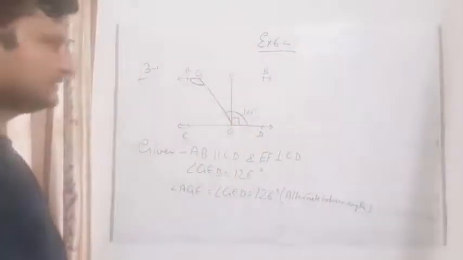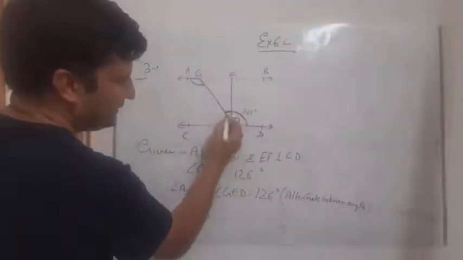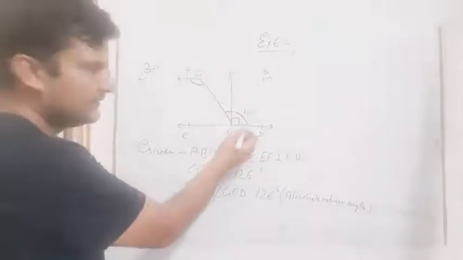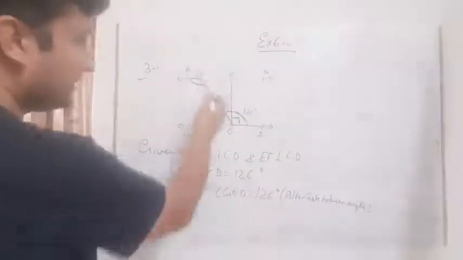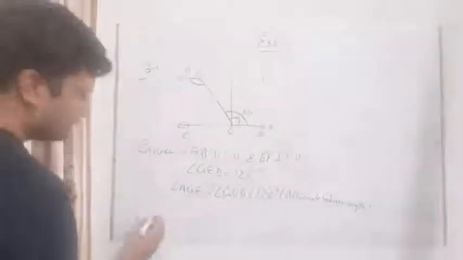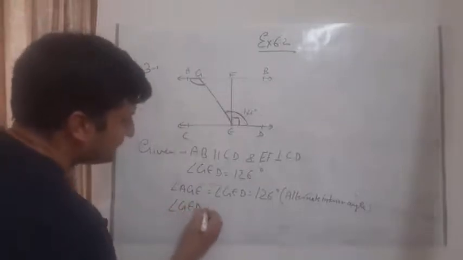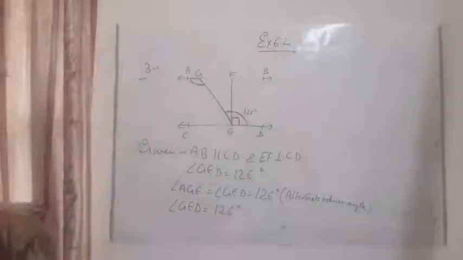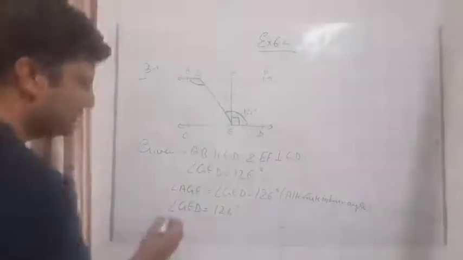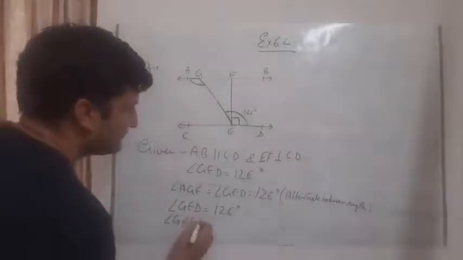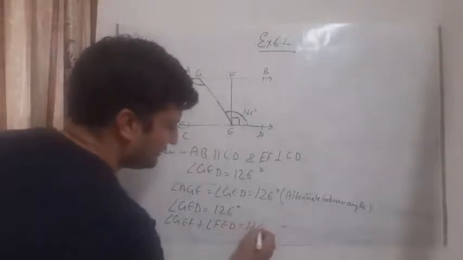This is very easy, because here, look, for GEF we have to find only this much angle. The total angle is 126 degrees. This angle is 90 degrees. So what is left? This is the angle GEF. We can say that given angle ZED is equal to 126 degrees. It is given, students. So GED is the sum of angle GEF plus angle FED, which is equal to 126 degrees.